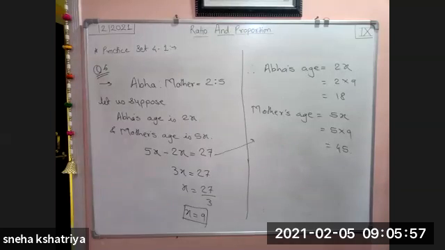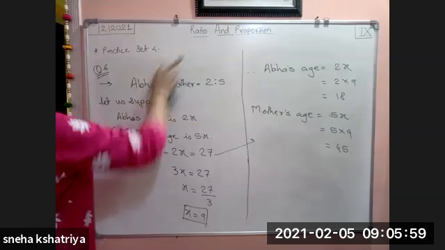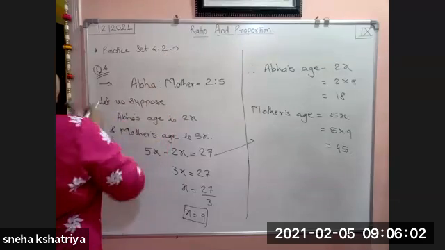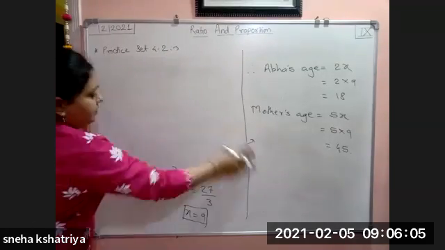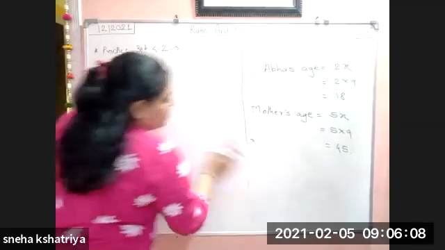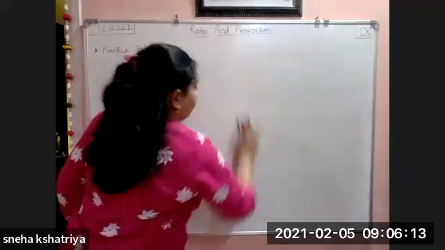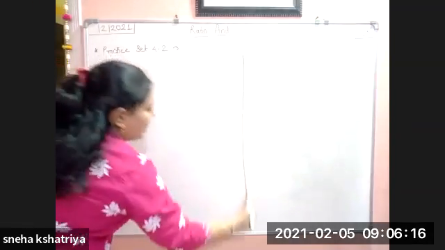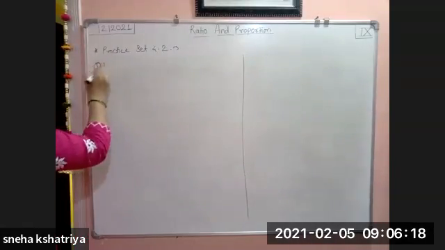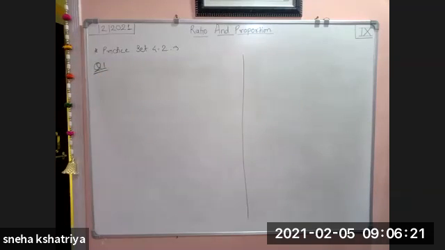Now we will go for practice set 4.2. We are going to revise the given chapter. We have already learned about this chapter, and we are going to revise each and everything now. So I'm directly taking your practice set 4.2. Whenever a question comes, I will again revise whatever we have learned before this practice set also. So we will see the first example.